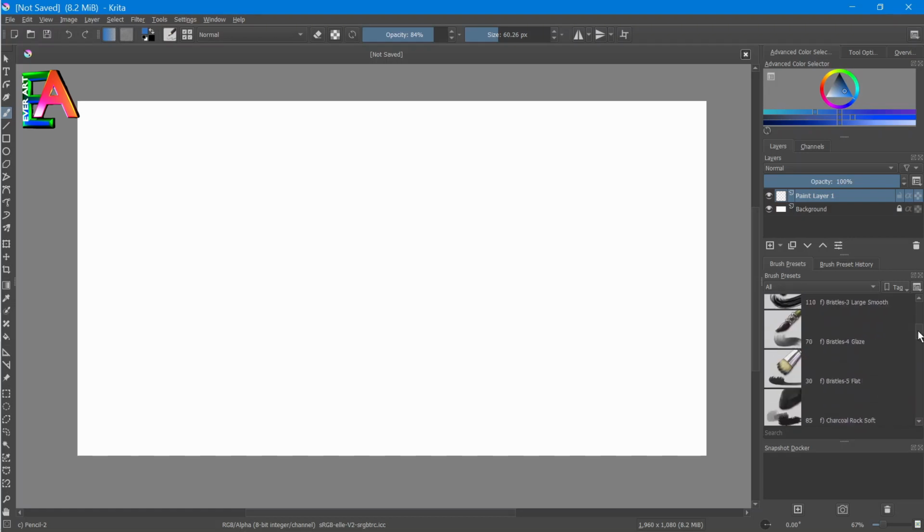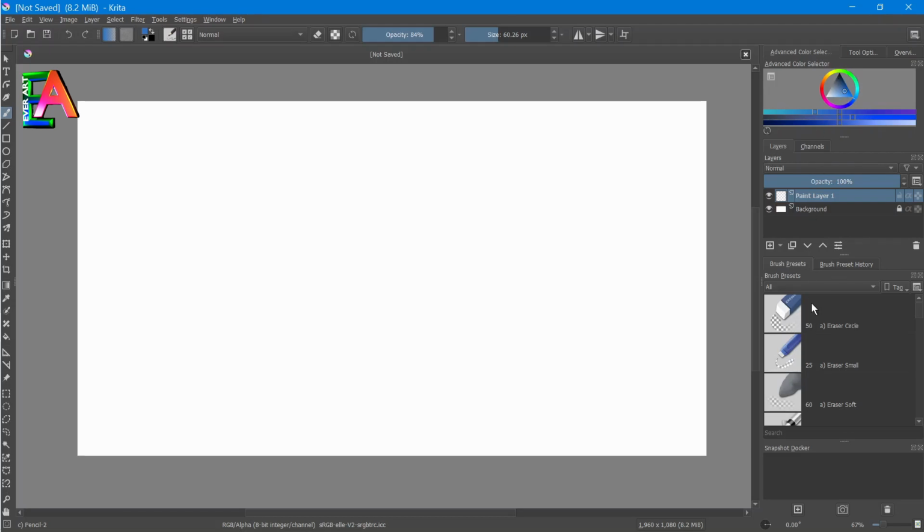These are the most important part of this software, because here you can get a lot of stamps, a lot of brushes, pencils, rubbers, and many other things. You can use these kinds of features. You can also get a lot of textures here. So now I am going to show you just a few things.